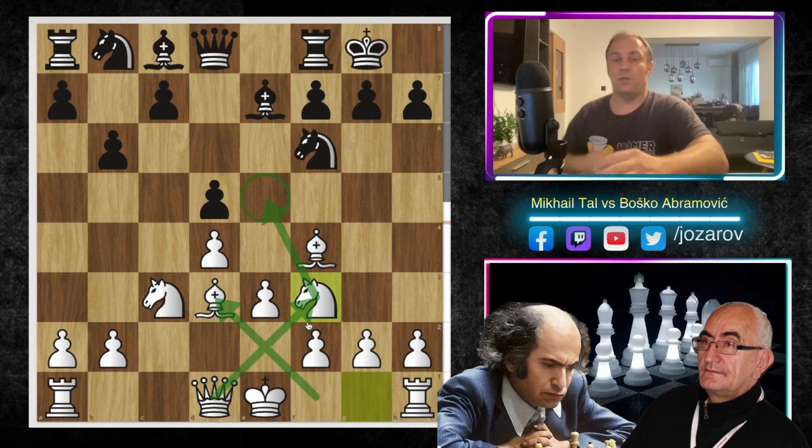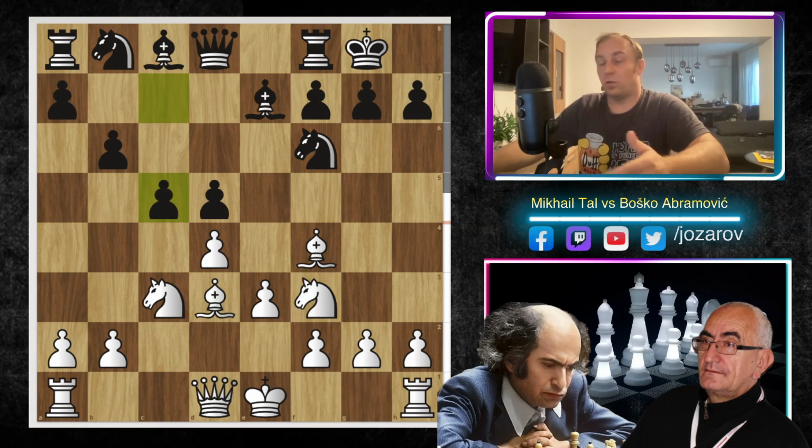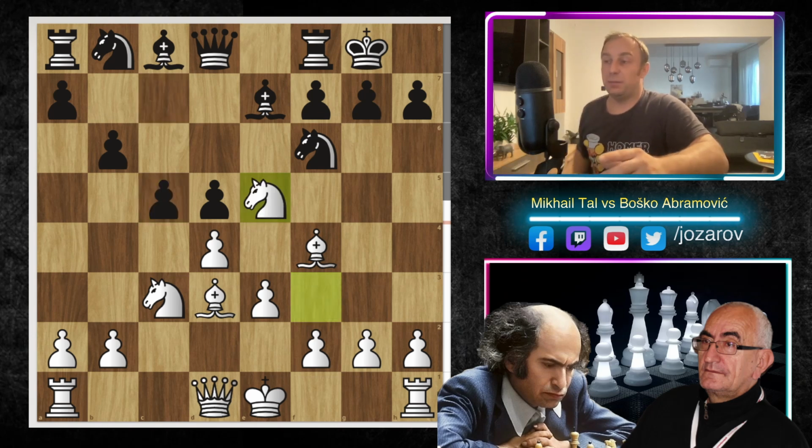That's, I think, now a very cool idea here by White, because Black will continue the pressure with the normal c5 move, which I think is a natural move. And now my recommendation is simply to go knight to e5 immediately. And you see now the